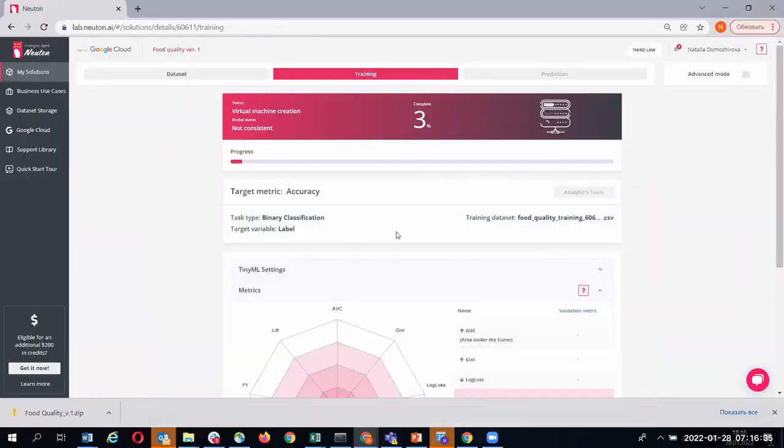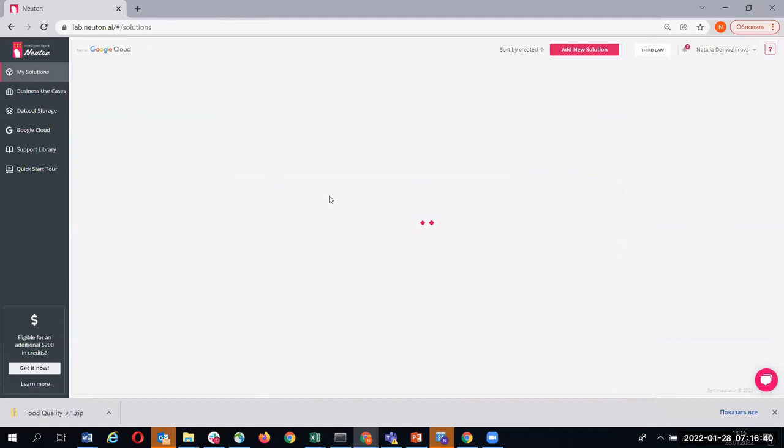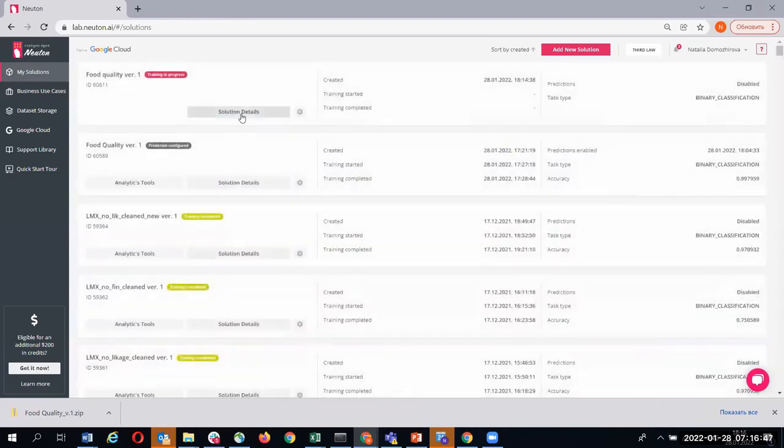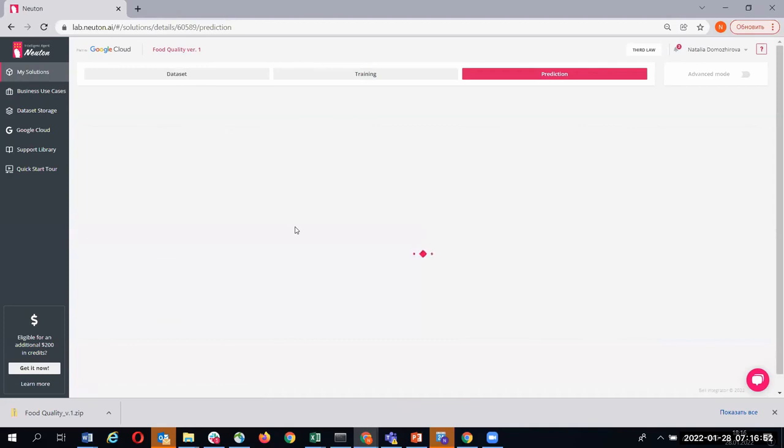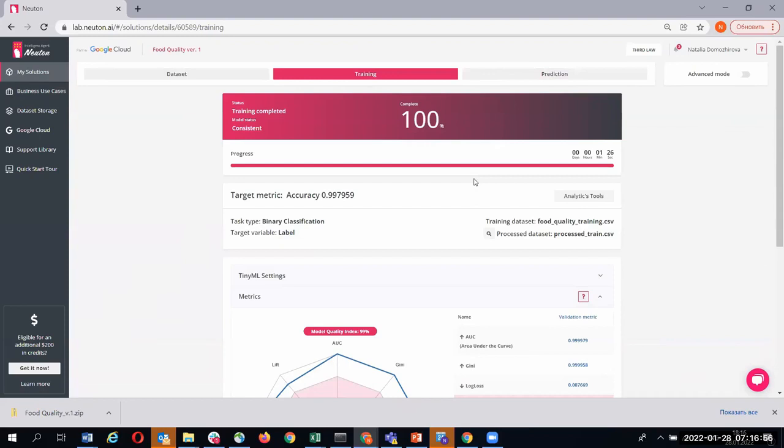So actually, to not wait, I can go to the absolutely similar solution from the same data set and show you the features of our platform, because the most important features of solutions which are based on our platform is not only size and quality, but we also have a very comprehensive set of